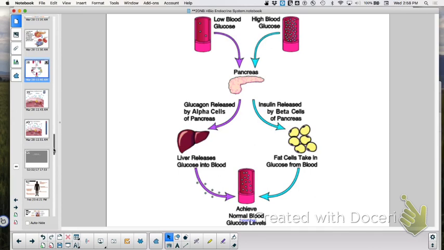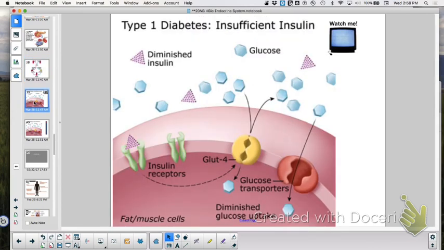All right. We talked about diabetes. There's two types, type 1 and type 2. Type 1 is juvenile onset, and that would be because you had an autoimmune disease, and we learned about autoimmune diseases already, that destroyed your islets of Langerhans. So you're unable to secrete insulin, specifically your beta cells.